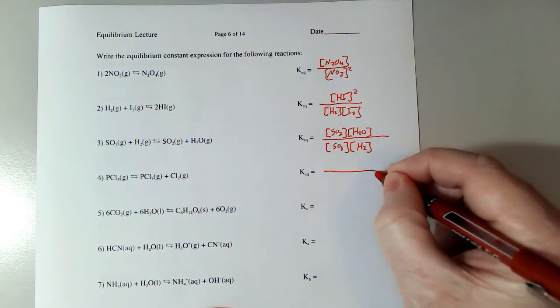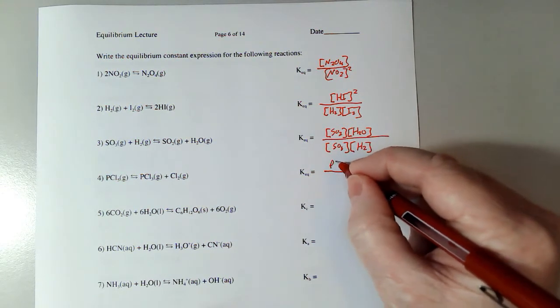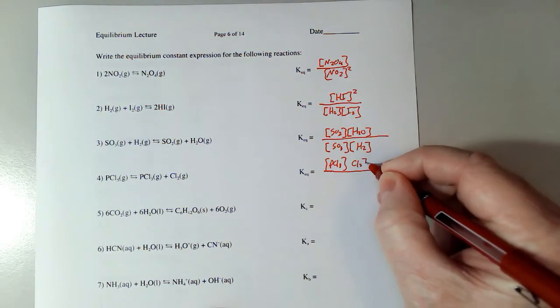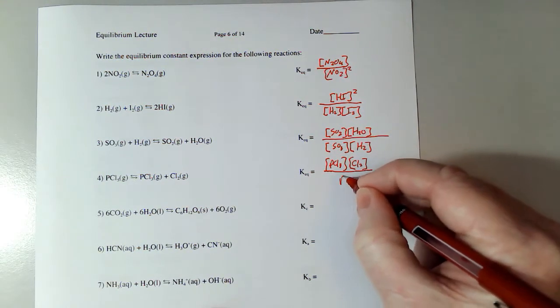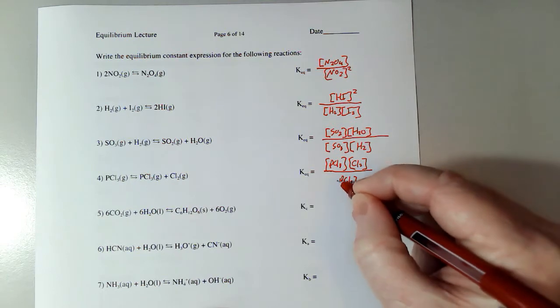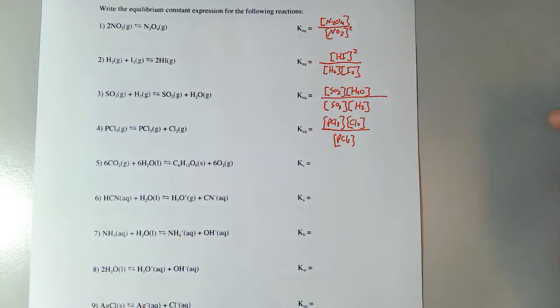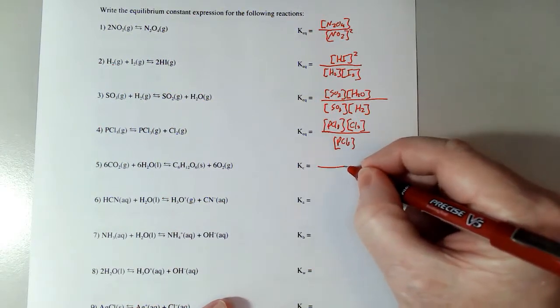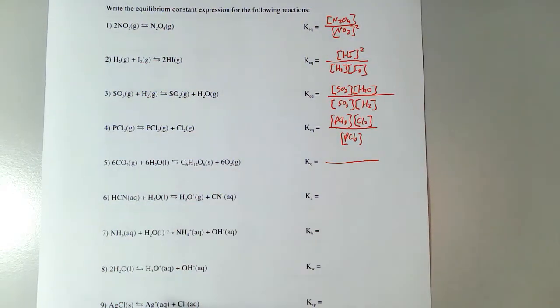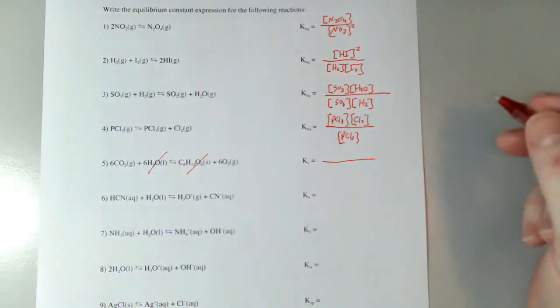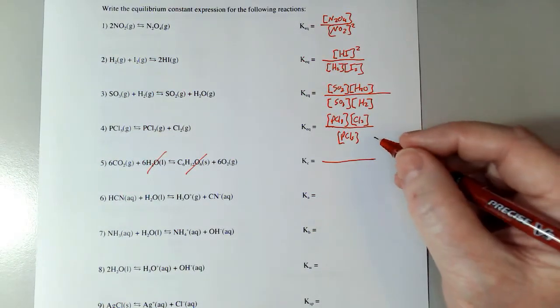And one more very straightforward, simple one: Kc equals the concentration of PCl3 times Cl2 divided by PCl5. Now, let's look at them getting a little more unique. Kc for this reaction. Now, I am going to eliminate this and this because it's a solid and a liquid,